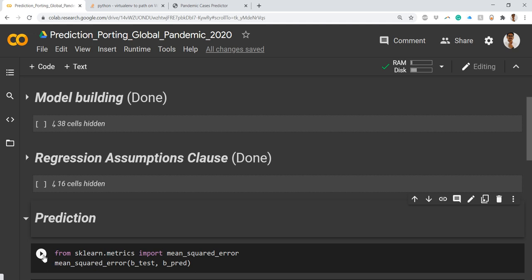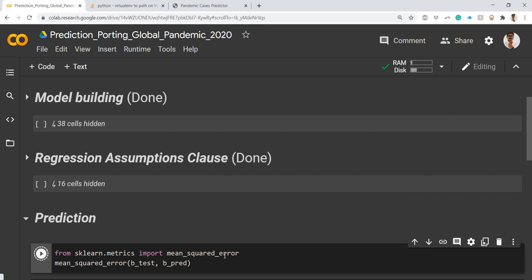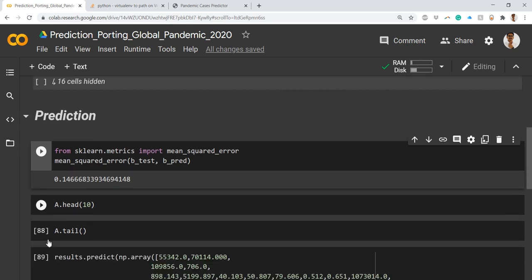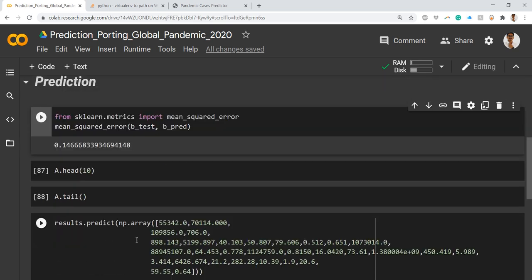If I just run this cell, it is taking some time. Okay, so it has got the error of 0.14, which is approximately the same as how we calculated it for residuals.